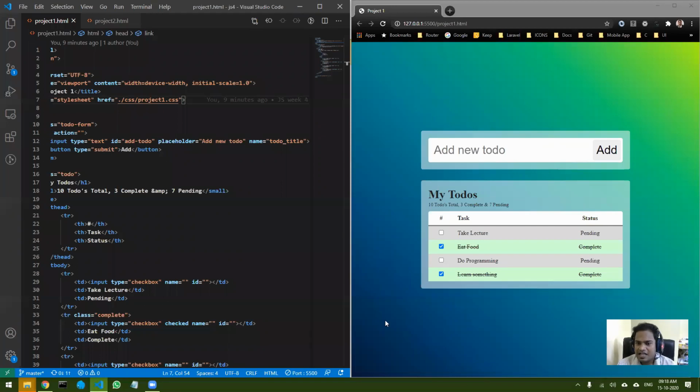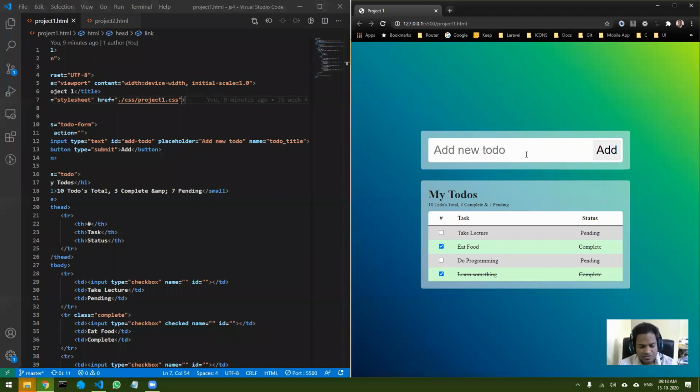I have added a slight background gradient, and then I have used this design to style the buttons and everything. Now if I press add, nothing actually happens because right now it is only CSS, nothing else. So this particular form is not working.